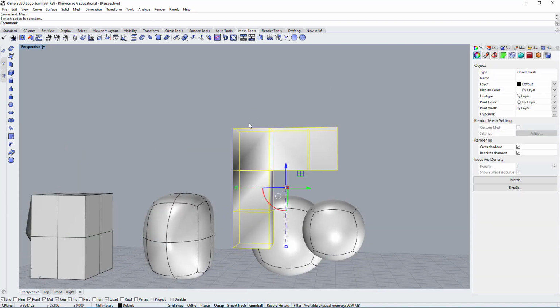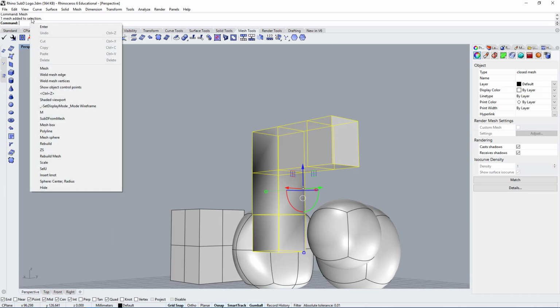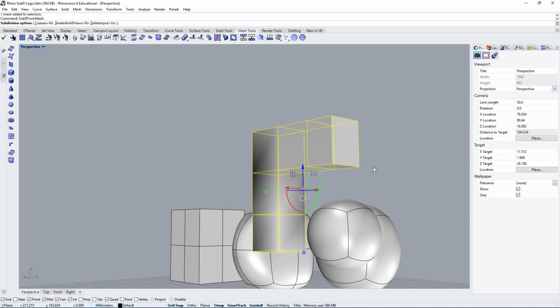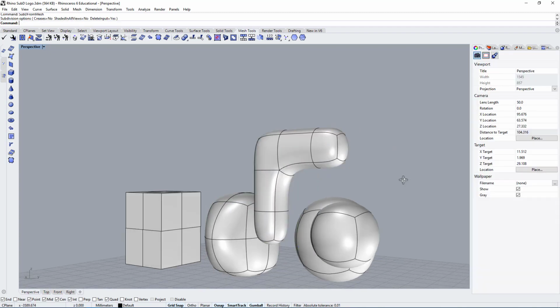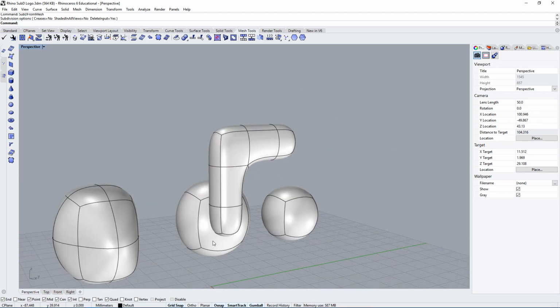Now, if I click on this and I convert it to the sub-D mesh, or sub-D from mesh, here it is, click here, and here you have two options. One is you can keep the crease, or you can say no crease. So if I say no crease, let's see what happens. It discards the information that I had here, the open edge. It discards it and makes everything smooth.